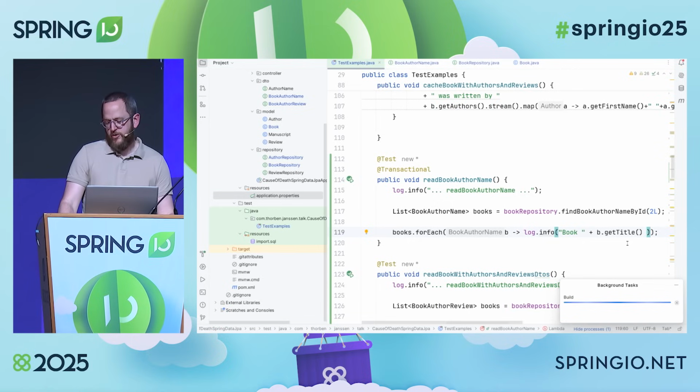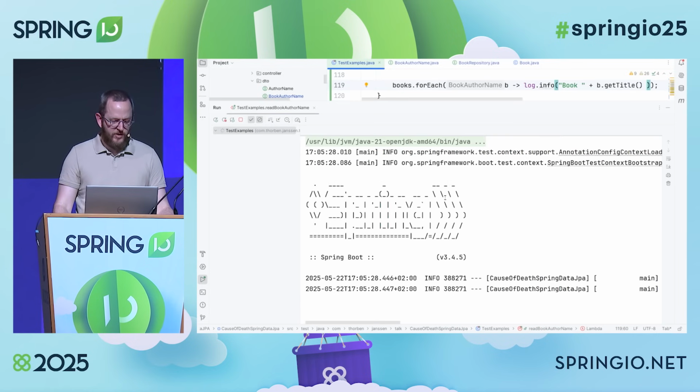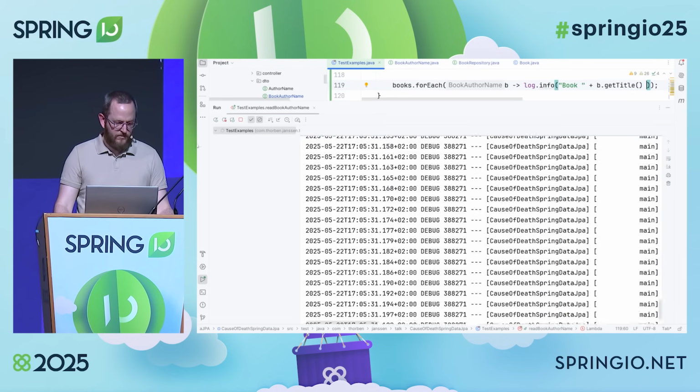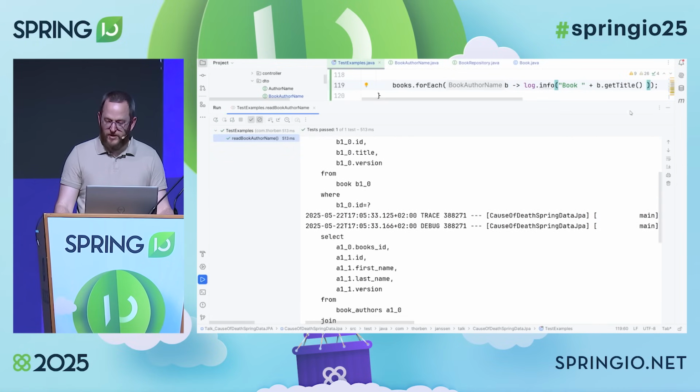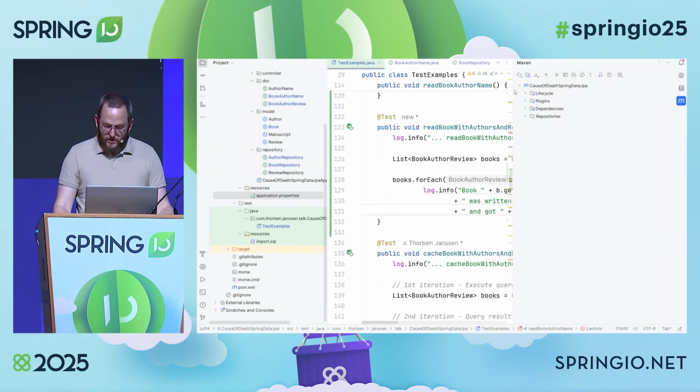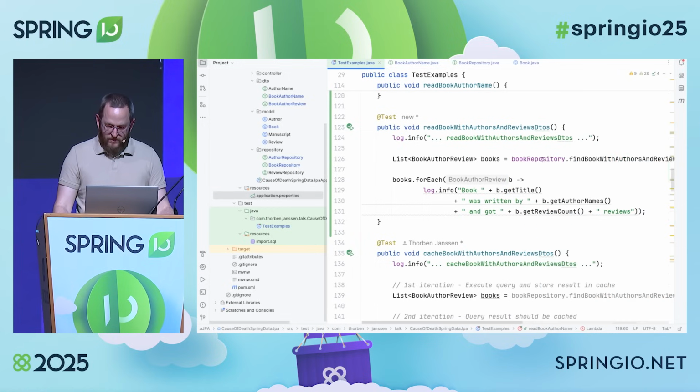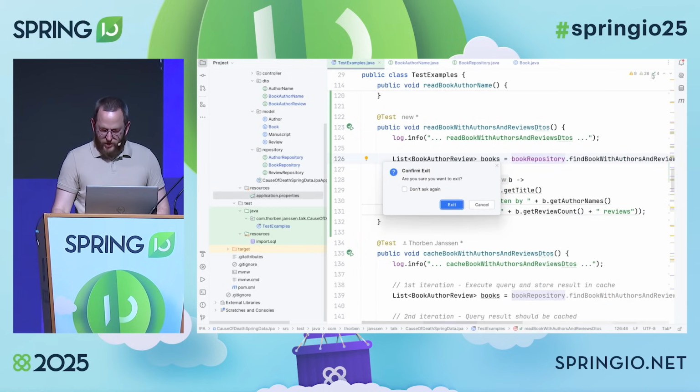So what I actually wanted to show you is that the query that Spring Data JPA generates here only selects the title field from the, let's see, does that work? Probably not. It worked once, right? Let's try it again.